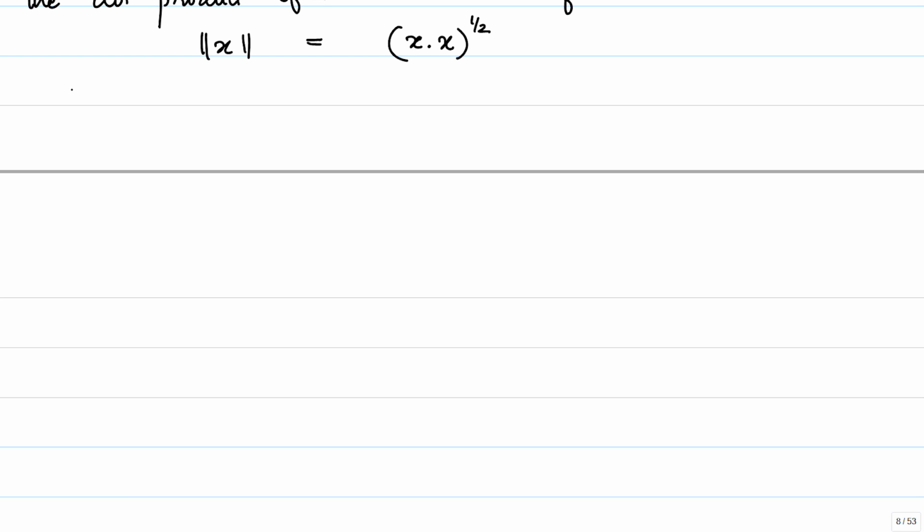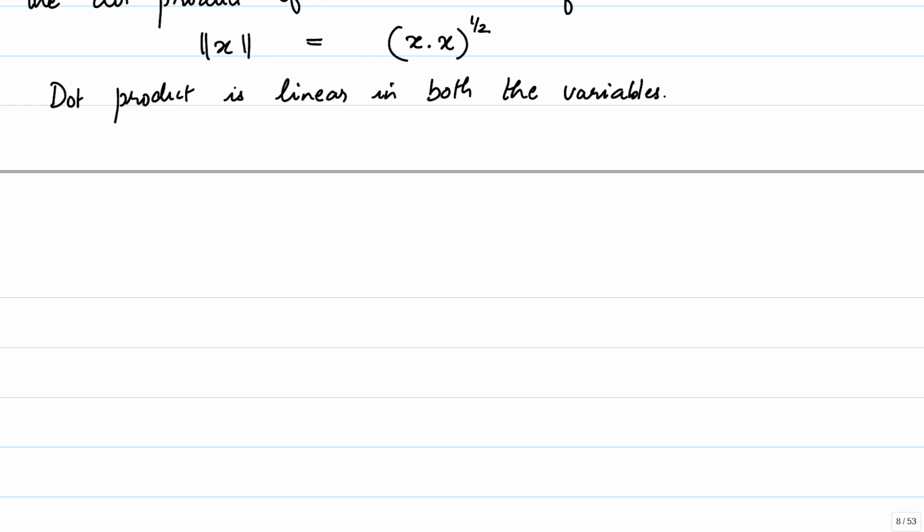It's actually quite easy to check that the dot product is linear in both the variables. So the dot product is not just linear, some other properties are also satisfied by the dot product in R2.